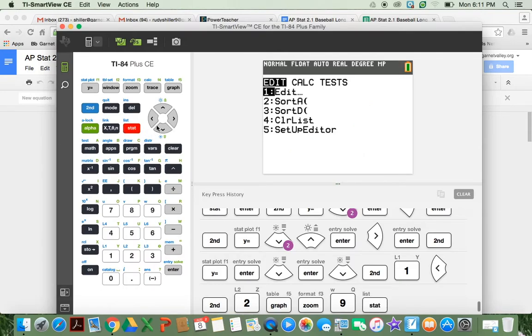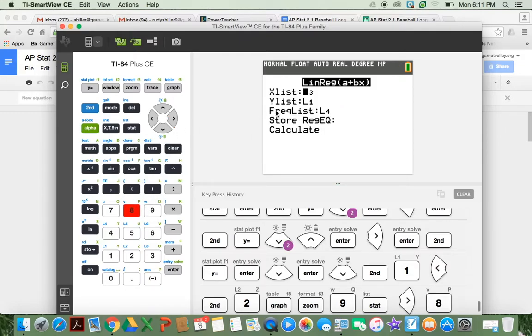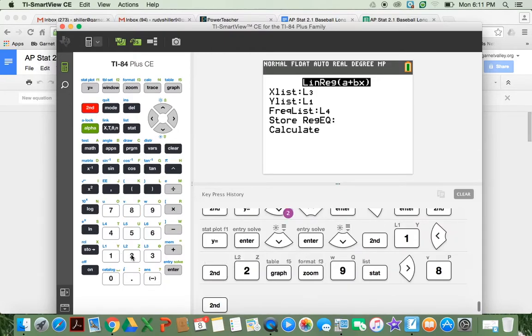So what I do is I do stat calculate, and down here it says linear regression. This one's reserved for statistics. This one you may have done for algebra. And the only difference is they use A to represent the y-intercept and B for slope. I don't know why they change it, but they do. So we go to number 8, and I said that x's were L2, they were L1. Frequencies, I'm not having any in this particular case. I hit enter,